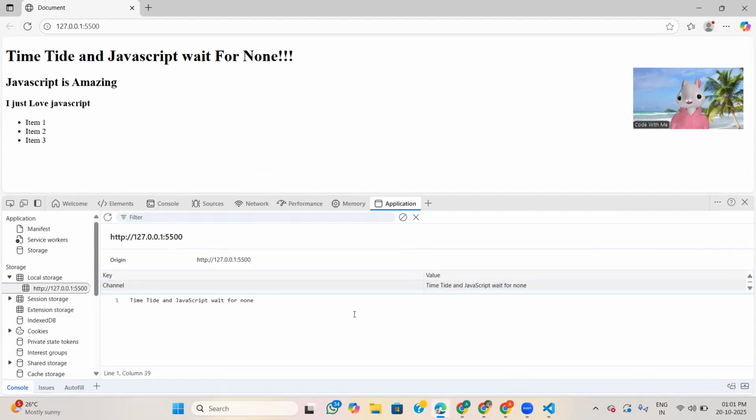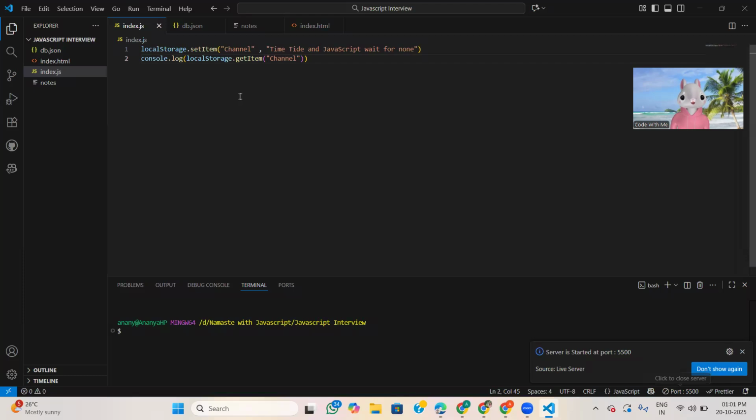Like if the user is admin, manager, editor, or engineer, based on their profile and role, we allow them to access the application. So this is the way to set local storage, and this is the way to get that value.